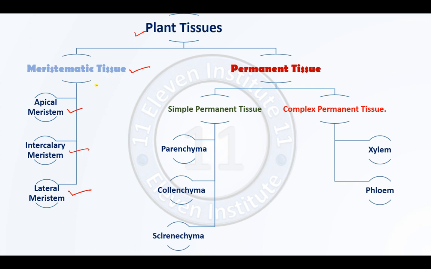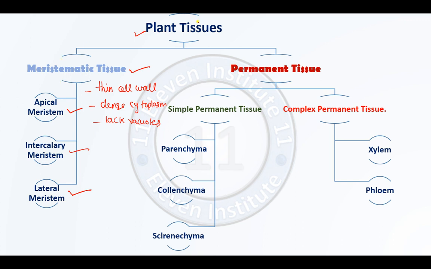We have seen the type of cells. There were a few basic characteristics about the specific type of cells that are present in meristematic tissues. What were the basic properties? They had a thin cell wall. Their cells had dense cytoplasm, and apart from that, the cells lack vacuoles. Why they lack vacuoles, the reason was explained to you. So these were the three main characteristics of the cells present in meristematic tissue.